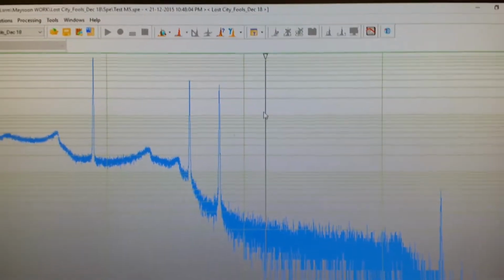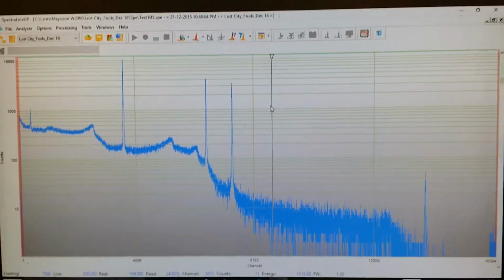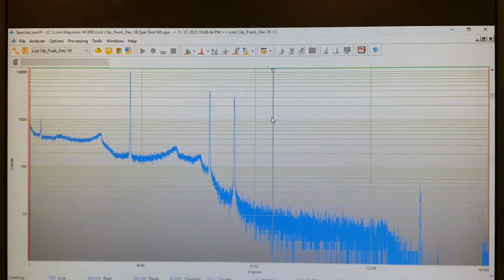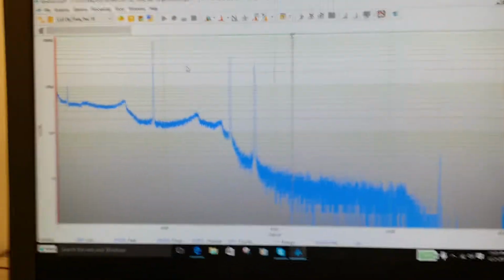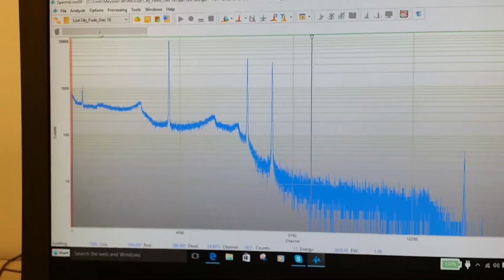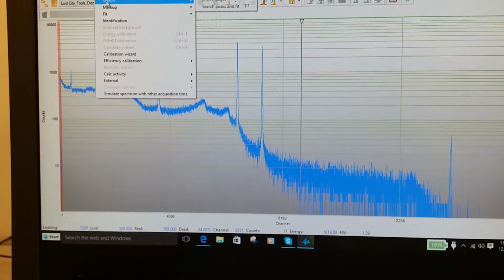Now we will continue on with the calibrations. In the previous case we had a little bit of error, where we showed you that we were unable to do a full width half maximum peak fitting from processing after the peak search. Now we can do it because we have corrected the problem. The problem was we didn't have enough counts. So now I'm going to go to my processing,